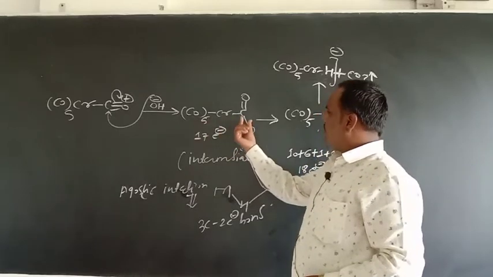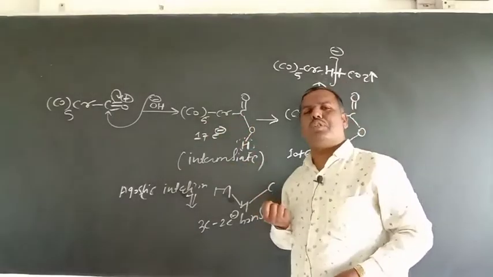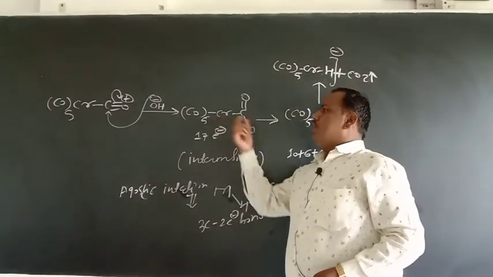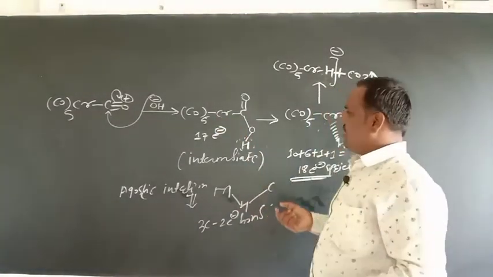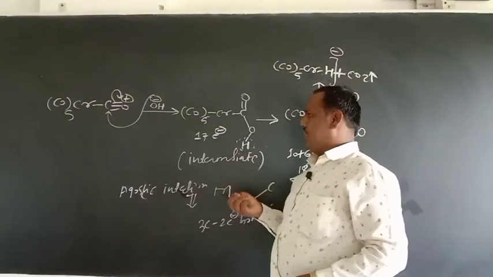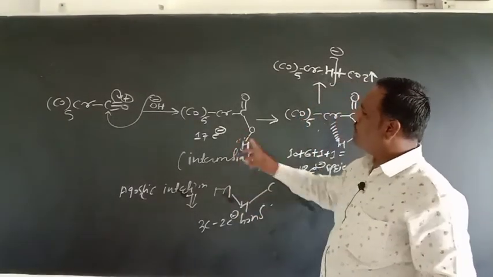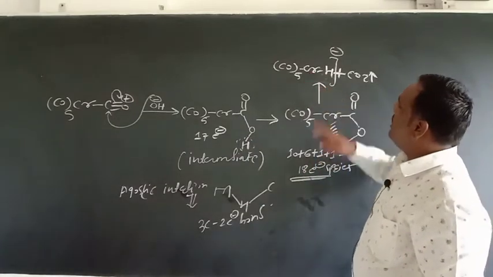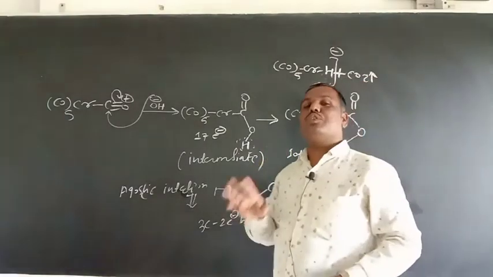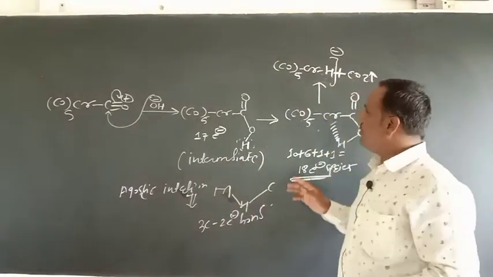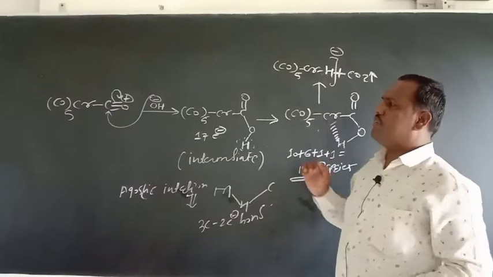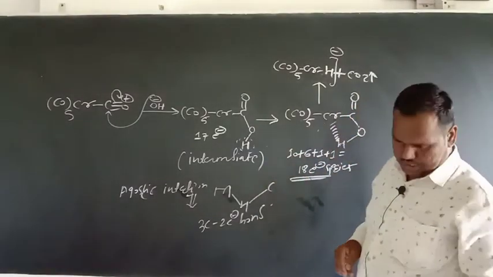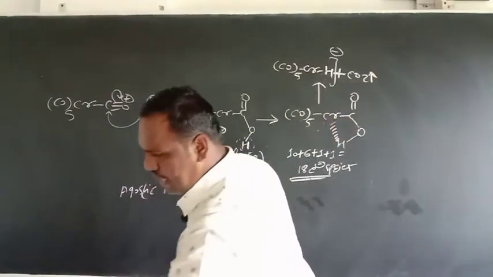This ligand, C double bond OH, is also an electron withdrawing group, and therefore this hydrogen is very acidic. So the metal atom becomes electron deficient, it will try to gain 18 electron count, and therefore it will show agostic interaction with this acidic proton. The application of the metal hydrogen bond in organometallic chemistry is very important, and therefore it will show agostic interaction with elimination of CO2. So this is regarding the agostic interaction.